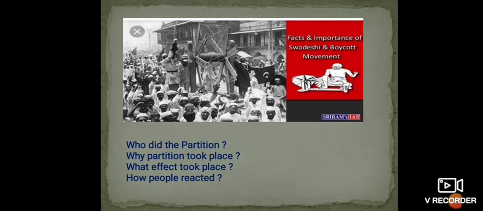The main reason for the partition of Bengal led by the British government was to deprive India of gaining independence, and also the main motive was to divide Bengal by religion and language. Our freedom fighters didn't know the real motive behind the partition of Bengal. Why did the British want to partition Bengal into two, one being West Bengal and another one Bangladesh?